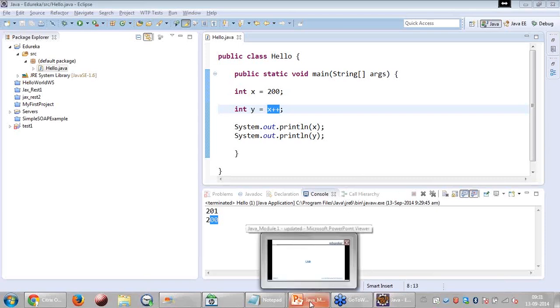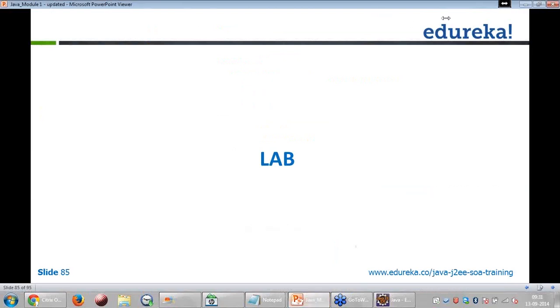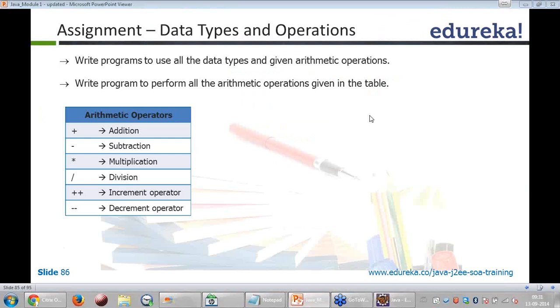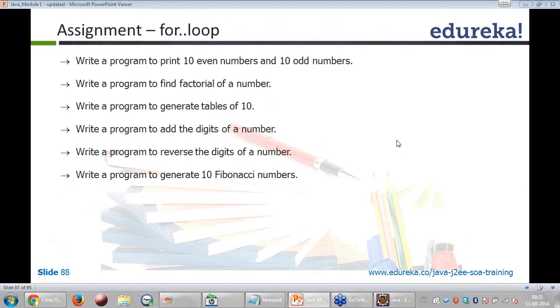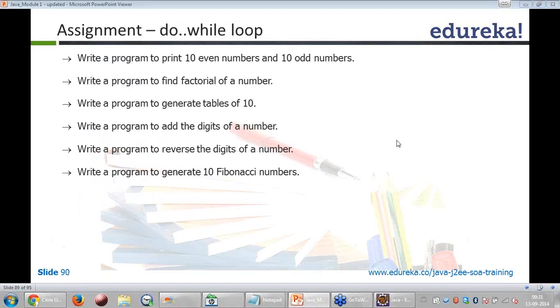Okay, now you have a lot of assignments. These are the assignments for data types and operations. You have some assignments on if conditions. Okay, assignments on for loops. Okay, these are the assignments on while